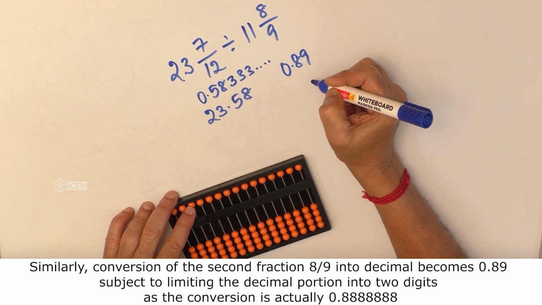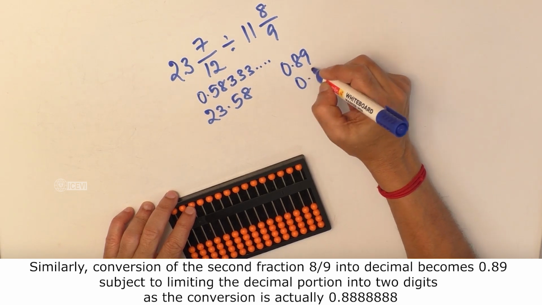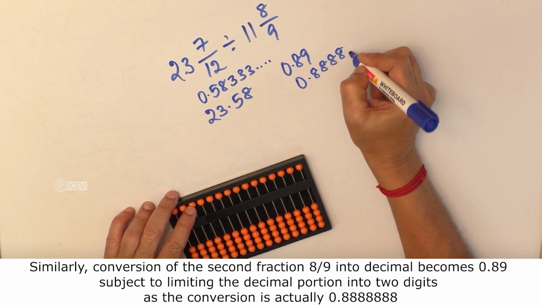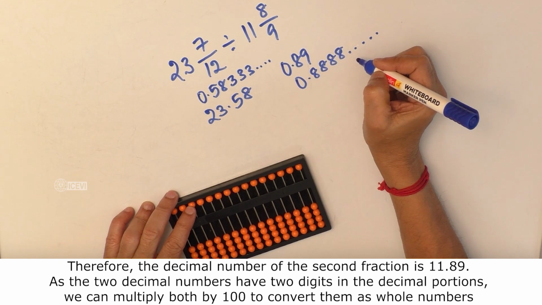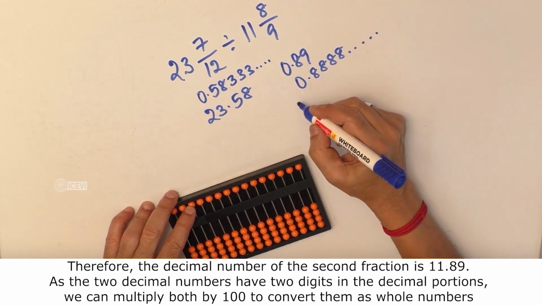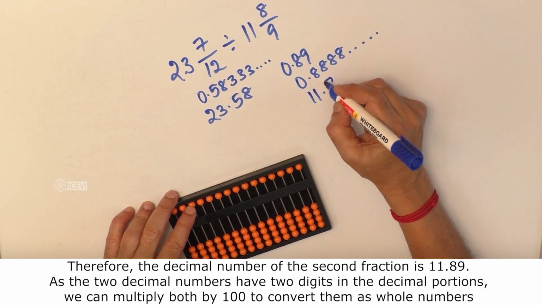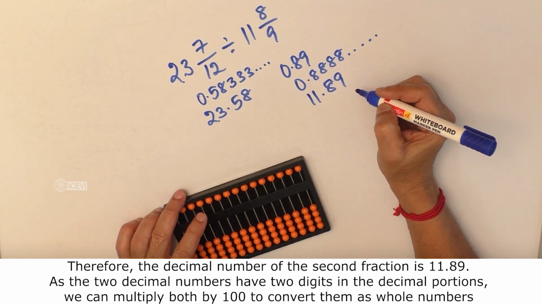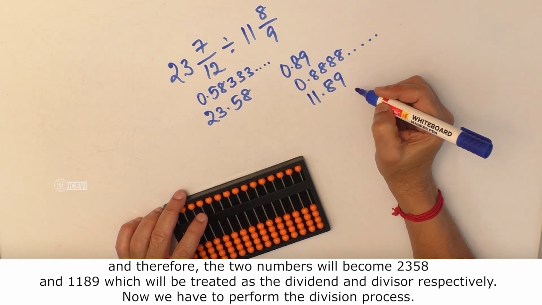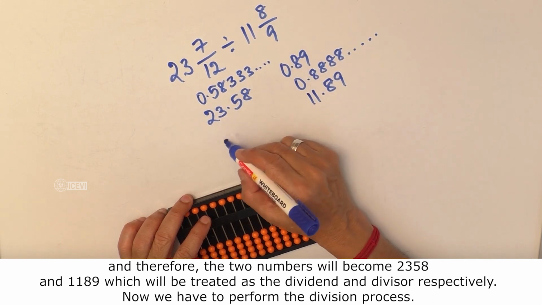0.89, subject to limiting the decimal portion to 2 digits, as the conversion is actually 0.888 and going on. Therefore, the decimal number of the second fraction is 11.89. As the two decimal numbers have 2 digits in the decimal portions, we can multiply both by 100 and convert them into whole numbers, and therefore the two numbers will become